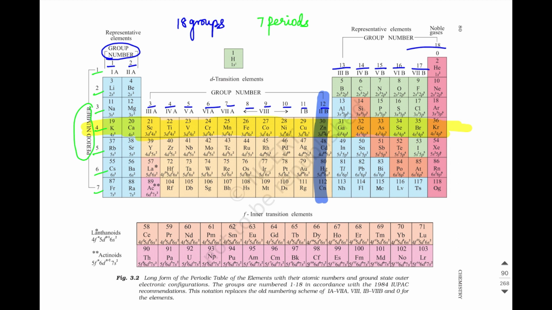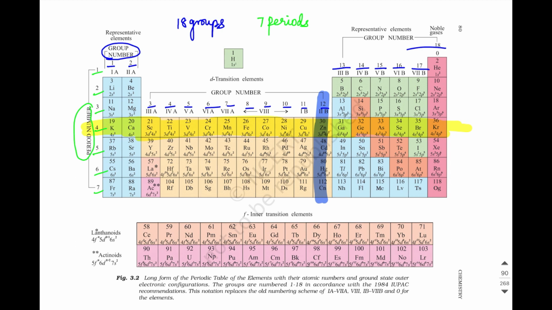Okay. So one more thing, what are periods? There are 7 periods in the periodic table. We know that. Towards the left, you can see a word period number. There are 7. So horizontal rows are called periods. So you can see the 4th period, potassium, calcium. Okay, I'll tell you with the numbers. 19, 20. I have highlighted in the yellow color, right? So that is the 4th period.